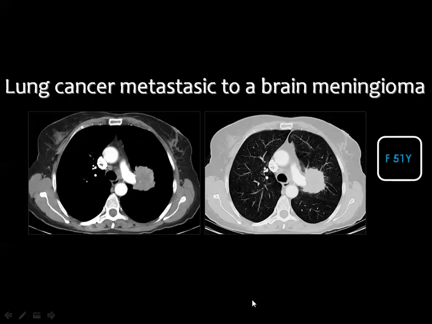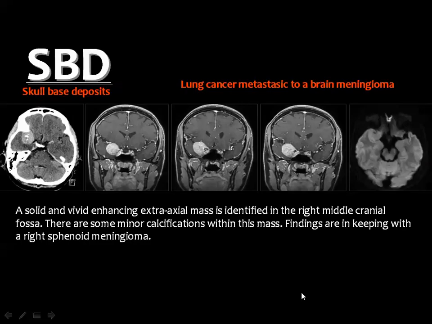Then this is a bronchogenic carcinoma involving the left parahilar region. And this carcinoma has been proved to give metastasis to a meningioma already existing in the intracranial. Then this is the initial appearance of the lesion, and you see a homogeneously enhanced lesion